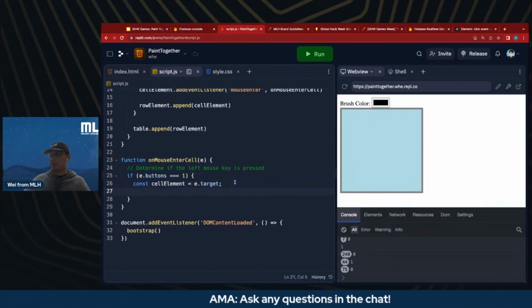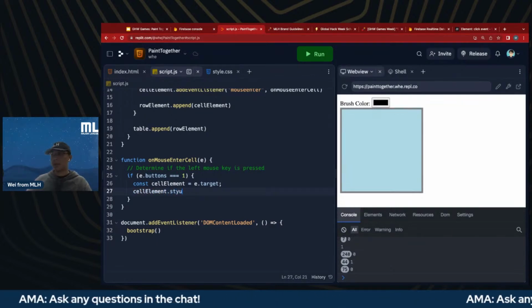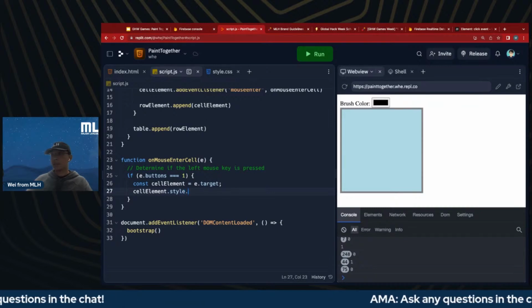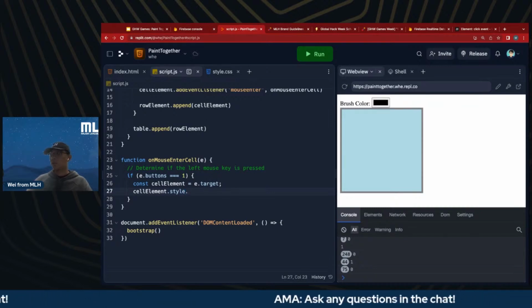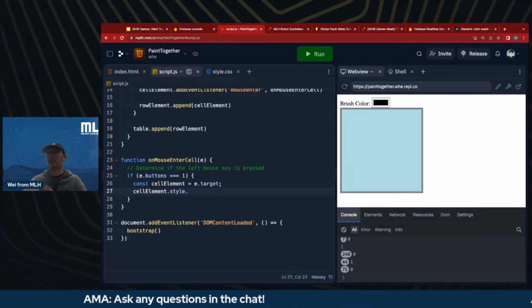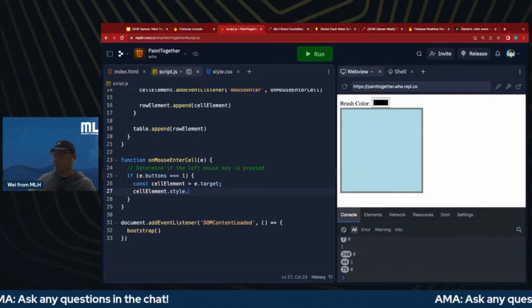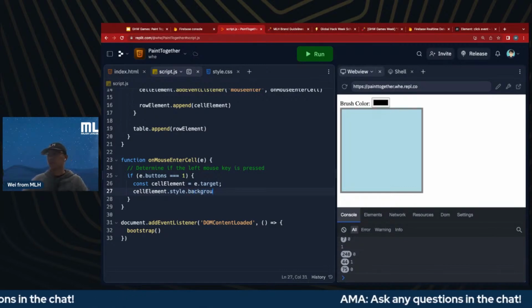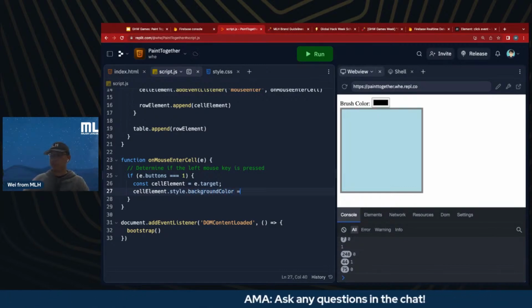And then we can do something like cell element dot style dot. In this case, we want to do background color because if you just do color, it's really for the text within the cell. So in this case, I'm just going to do background color equal to